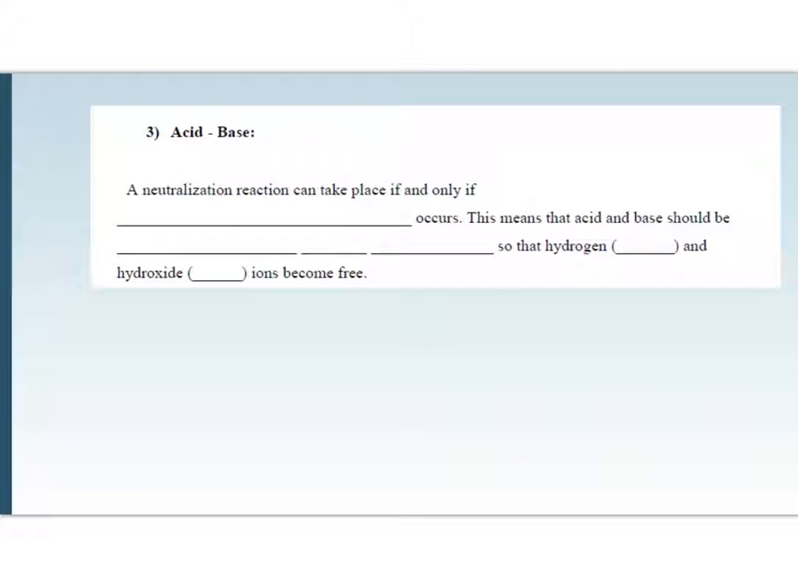Acid-base reactions: you should really be careful with the acid-base reactions. Usually you think acid-base is just directly the neutralization reaction, but not all acid-base reactions are neutralization reactions. Of course, there are exceptions. In chemistry, we have a lot of exceptions. A neutralization reaction can take place if and only if